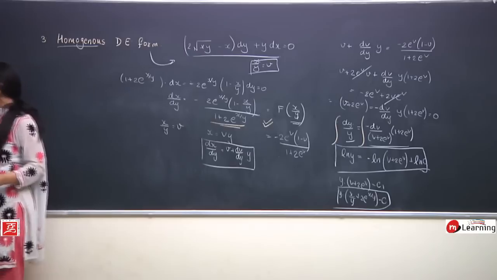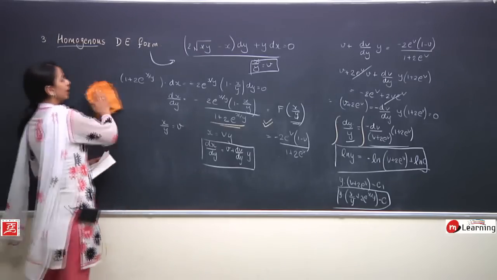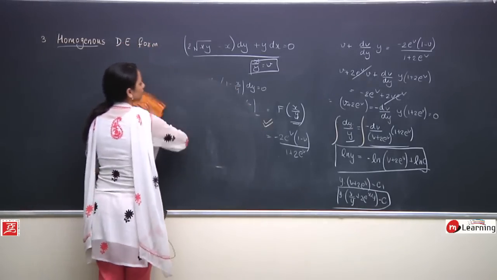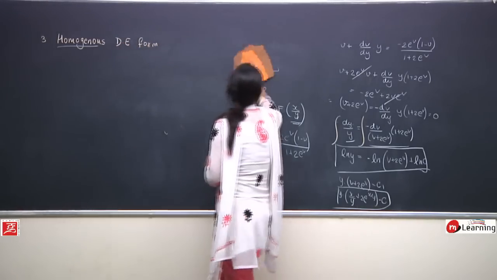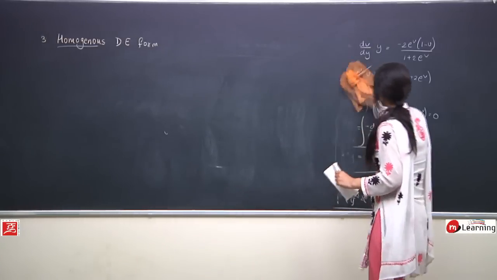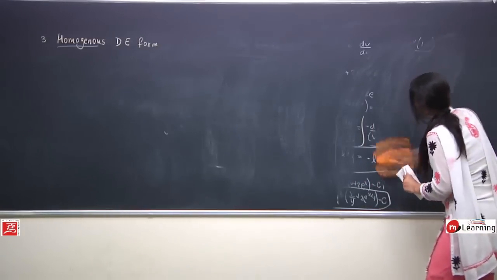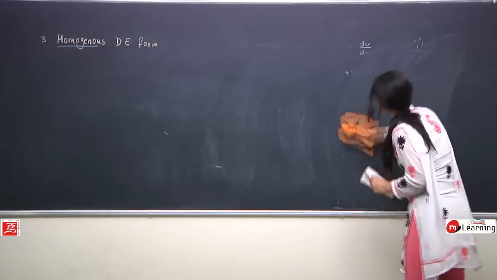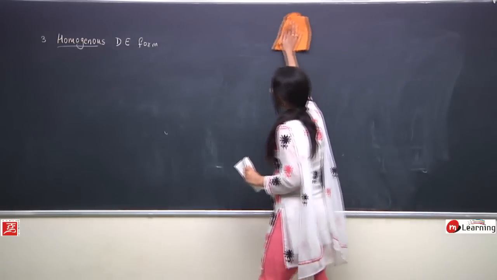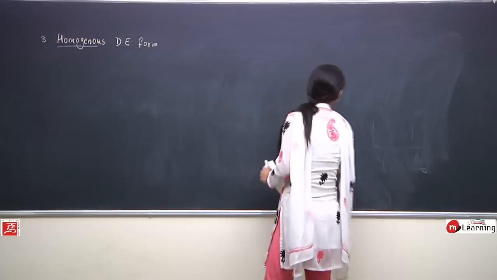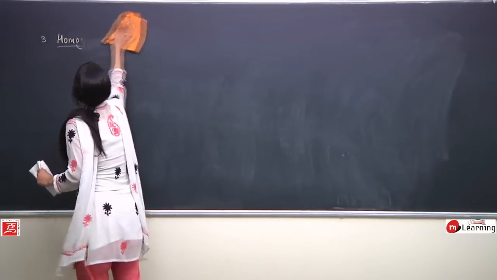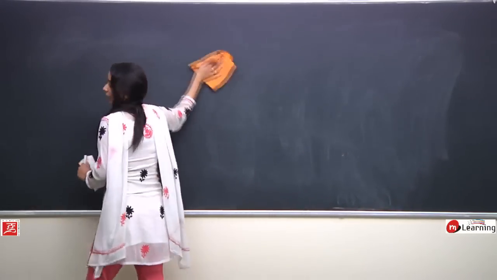Now let us switch to our next form, which is equations reducible to homogeneous equation form. अभी तक हमने क्या देखा? वेरिएबल सेपरेबल फॉर्म, रिड्यूसिबल टू वेरिएबल सेपरेबल फॉर्म. सो रिड्यूसिबल टू वेरिएबल सेपरेबल फॉर्म में कैसी इक्वेशंस होती थी? ऐसी इक्वेशंस जो डायरेक्टली तो वेरिएबल सेपरेबल फॉर्म में नहीं है, लेकिन अगर हम उन्हें प्रॉपर सब्स्टिट्यूशंस अप्लाई करें तो वो वेरिएबल सेपरेबल फॉर्म में आ सकती है.